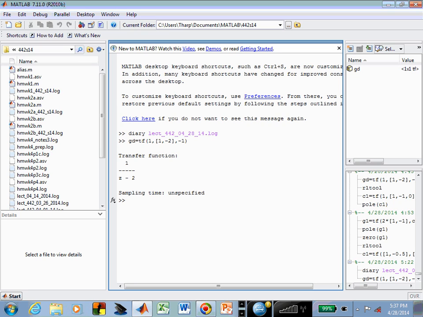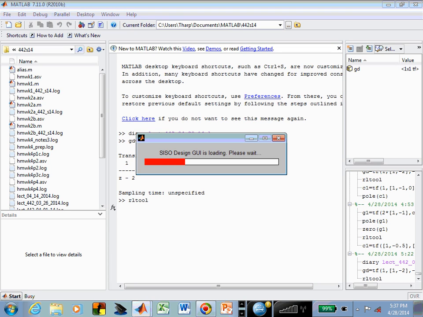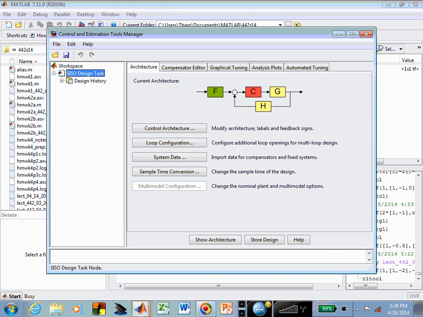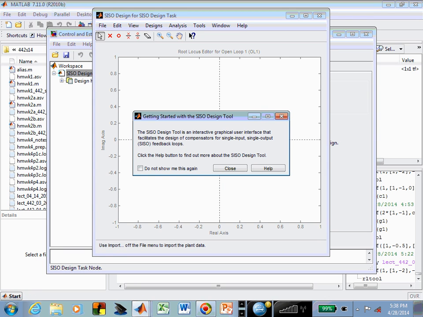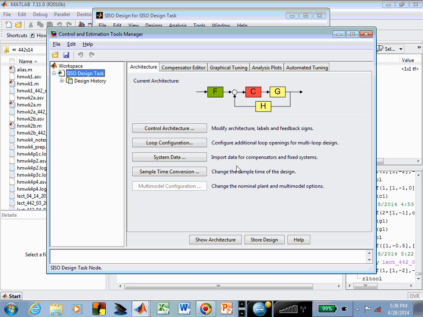Now let me initiate the root locus tool feature within MATLAB. It's setting up a GUI, and hopefully this will work. There are all sorts of windows that start popping up. Here's our window for the root locus, and I haven't yet given the tool a system to sketch for the root locus, and that's what I want to do first. So I'll go into this window that opened up automatically, and I will input some system data,